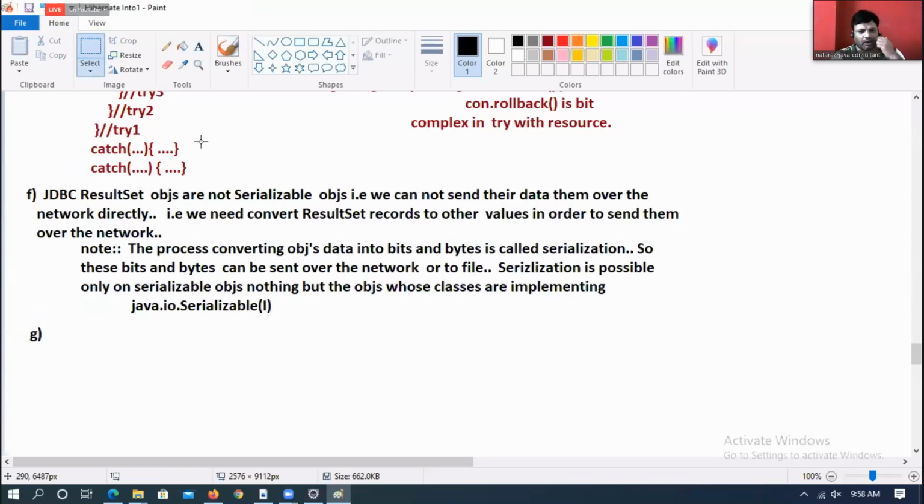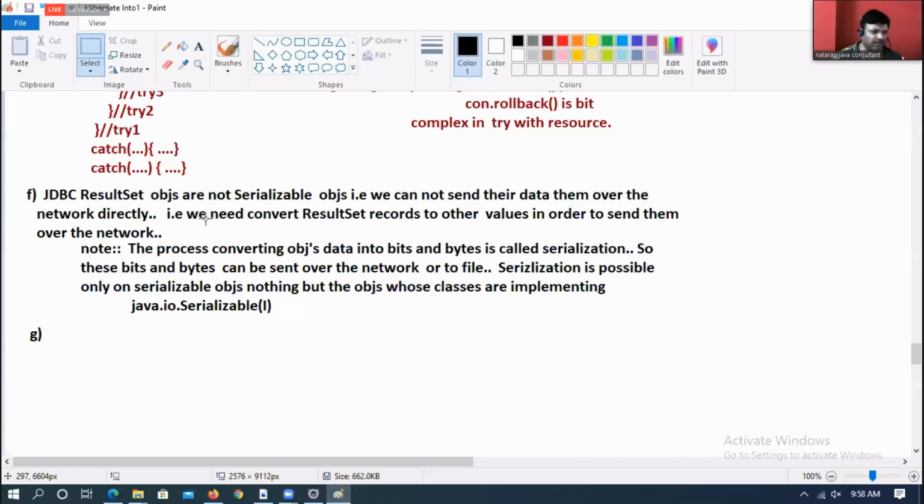Are you understanding my statement there or not? Somehow the result set object is not serializable because the result set object class is not implementing the Serializable interface directly or indirectly. So we cannot send result set object data over the network. But the result set object will have big amounts of data.